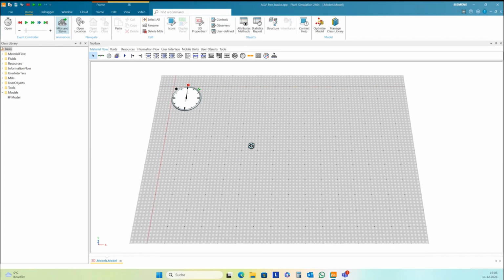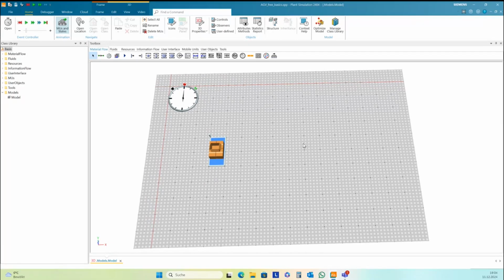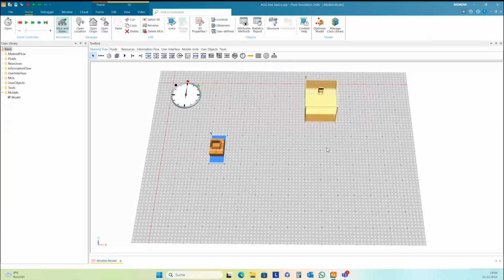Okay, we start with a very simple model here. We need one source. The source produces parts. I want to have one station, and I want to connect the station with a train, so we don't produce a big jam here.